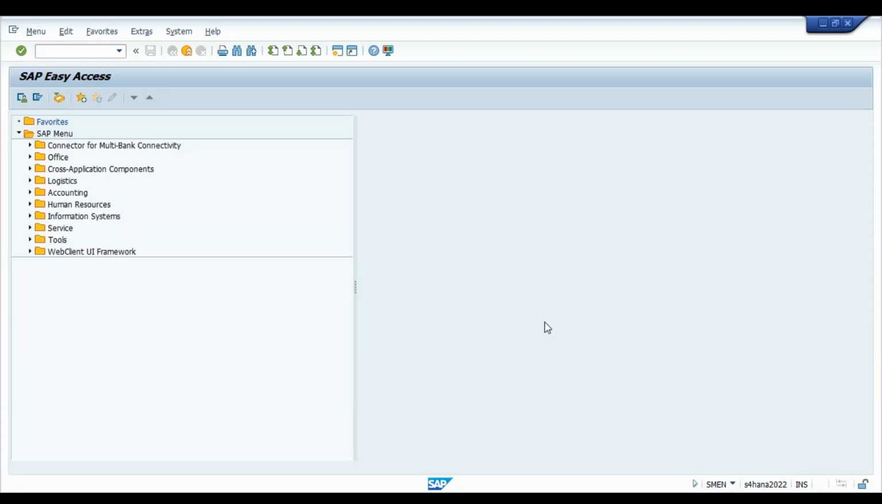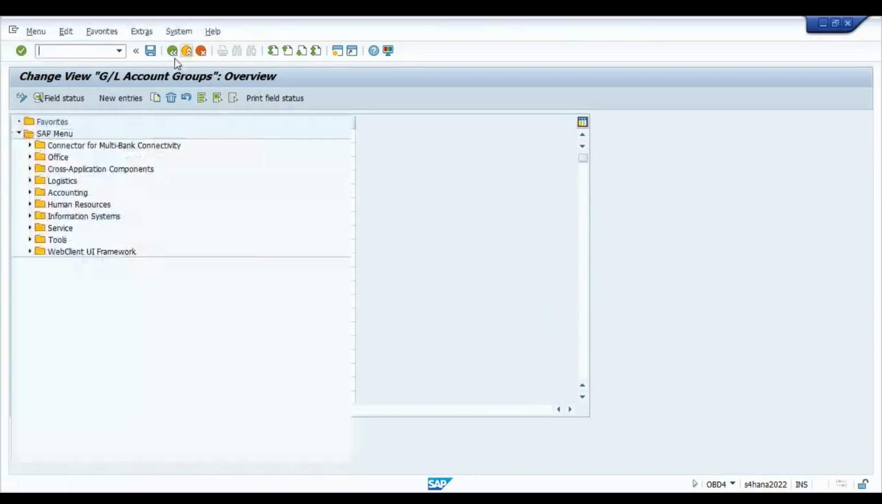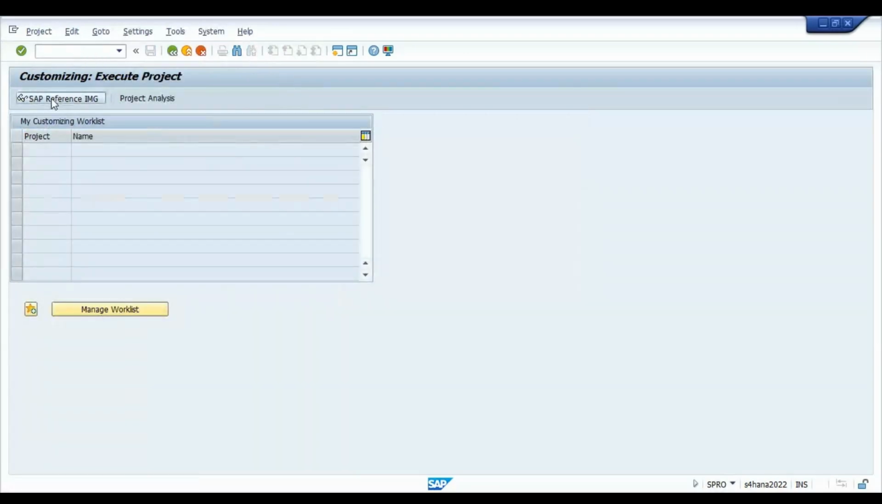Hi everyone. Today we are going to learn how to create GL account groups. So we can start with the transaction code, which is called OBD4, right? Or if you want to go through the SAP menu path, go to SPRO, SAP Reference IMG,